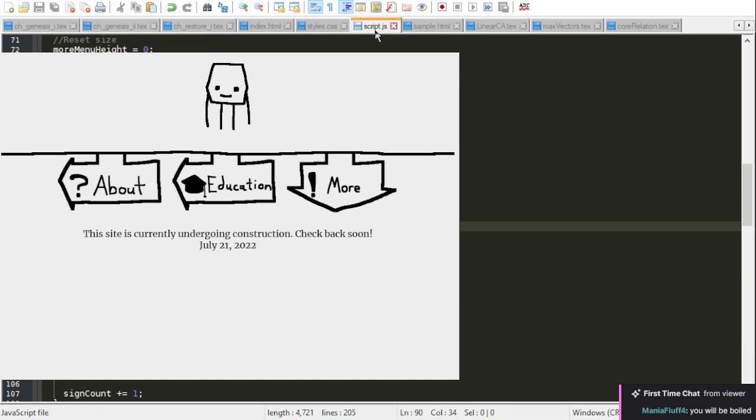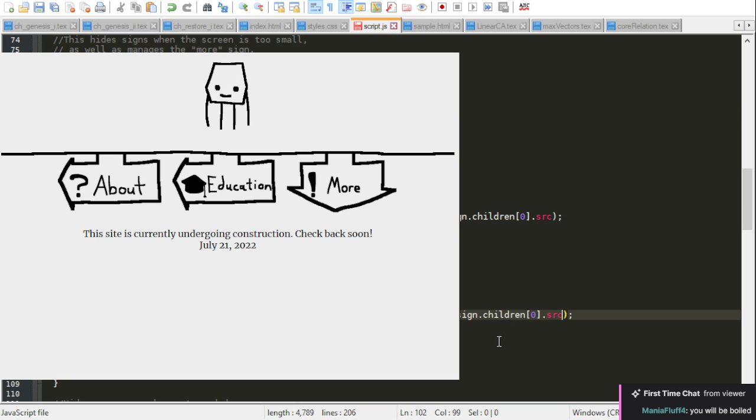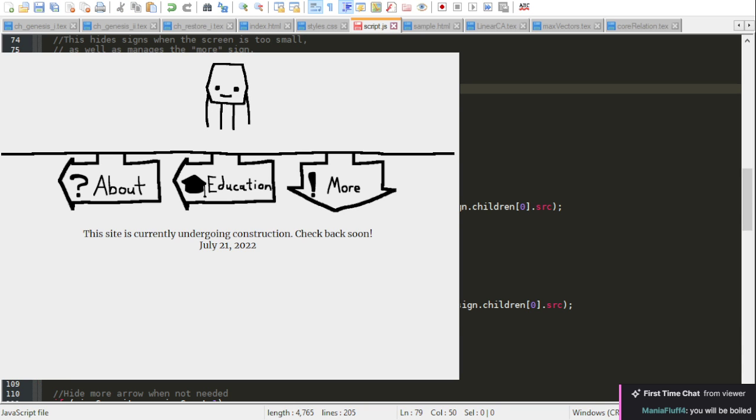Okay. So I should also do let signLink equals sign.children[0].src. And then I can probably just pass that as an argument into this. Actually, you know what? I don't need to make that another variable. I can just do this. We don't use it in enough places for it to warrant another variable. So we do that, and then